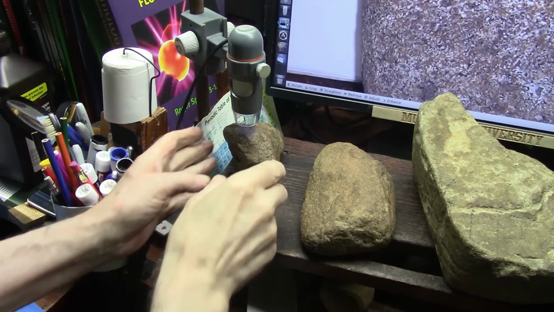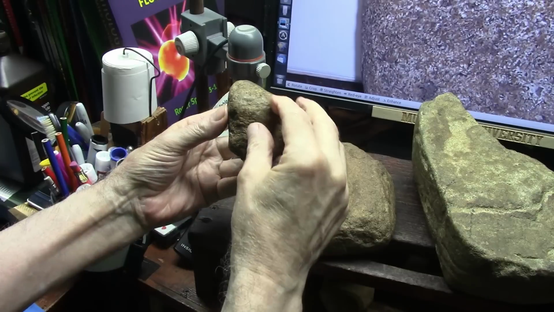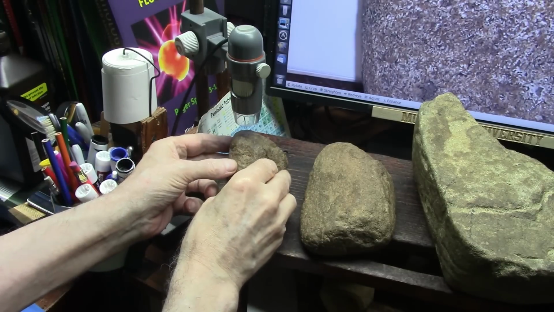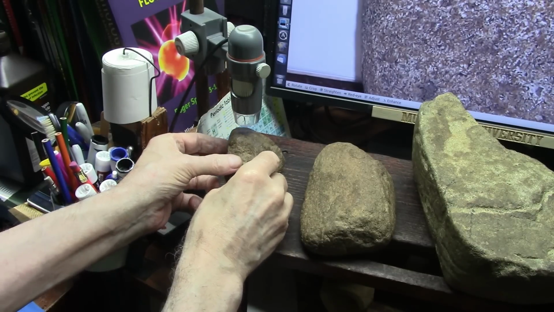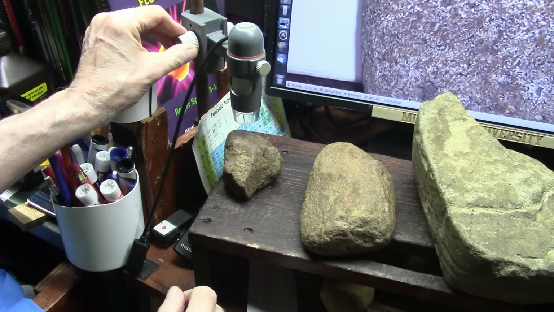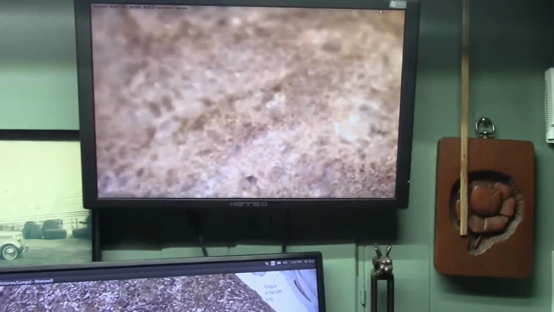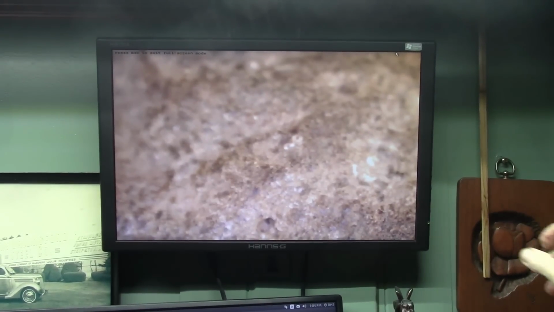All right, so now this is the bone that I keep showing all the time. Bones have a little more rubbery sort of texture to it, but it's still basically the same sort of stuff. Let's look at it up in the microscope. Hold on. I might have to focus this in. Give me a second. Turn this light off. Now, you see, it's the same fabric. It's basically the same fabric.